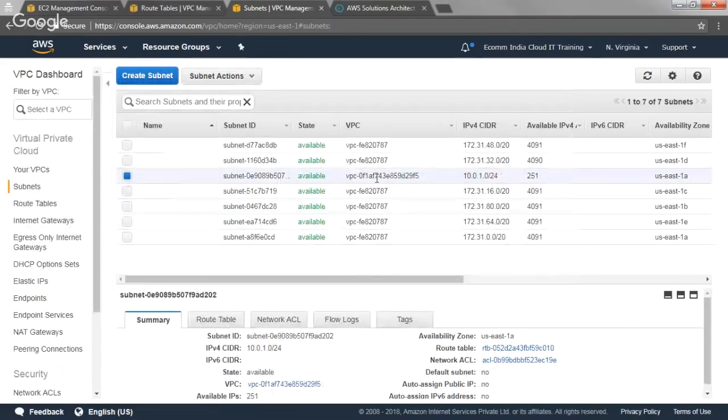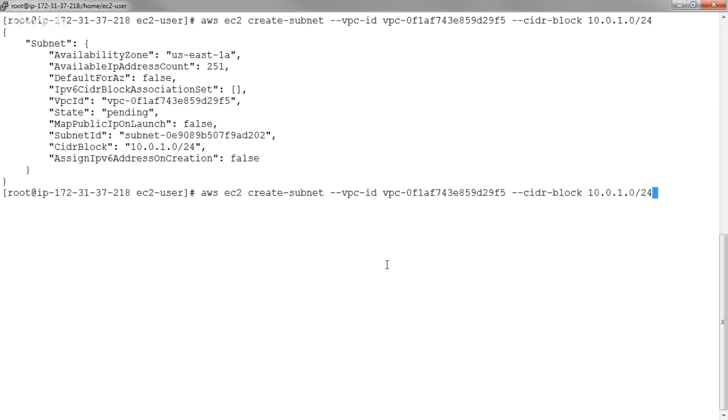There you go. 10.10.1.0/24. Let me show you the remaining run. Let me just copy over the VPC ID. There are, of course, additional parameters that you can specify. For example, here I just created the subnet without specifying the availability zone. If I want to, I just need to do